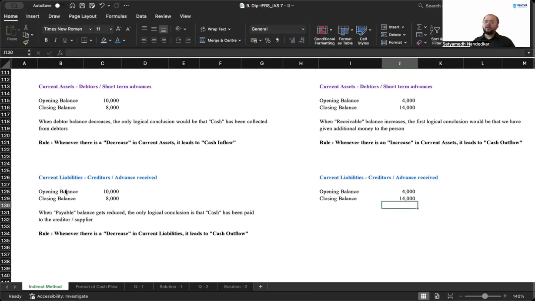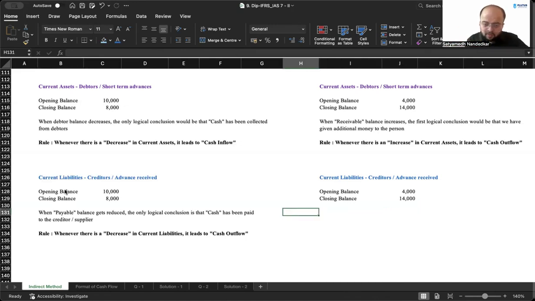Now, at the beginning of the year, in my books of accounts, there was a payable by the name Ayush. 4,000 was payable to him. We arrived at the end of the year. Now I see that 14,000 is payable to him. Why would the payable balance go up? Not out of thin air. Ayush must have given me some more loan or some more advance during the period, which is why the balance